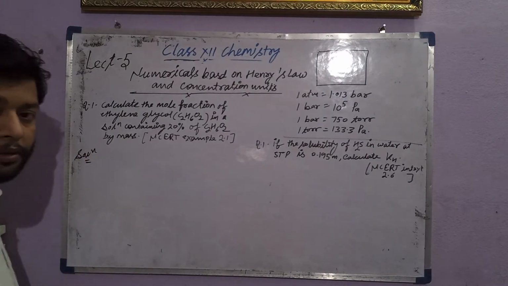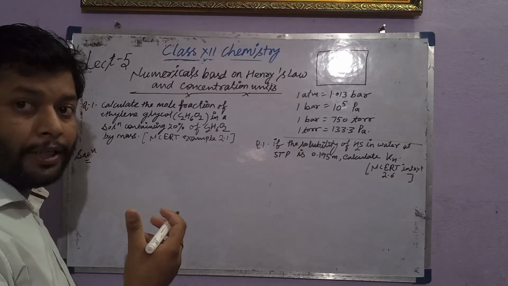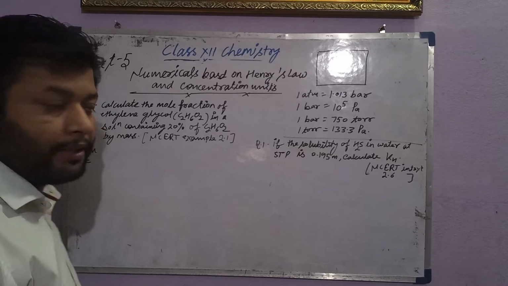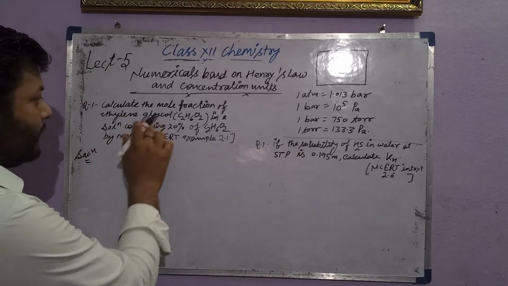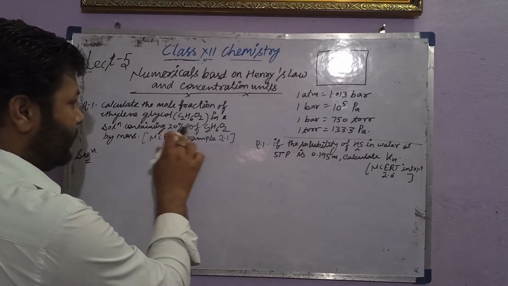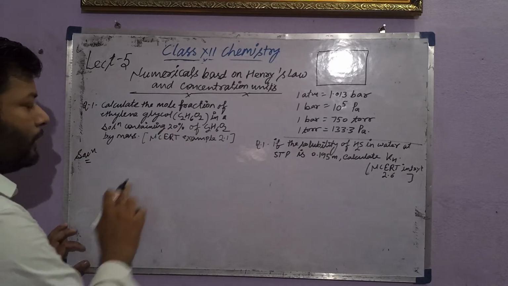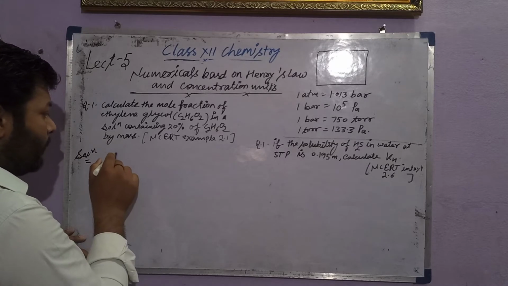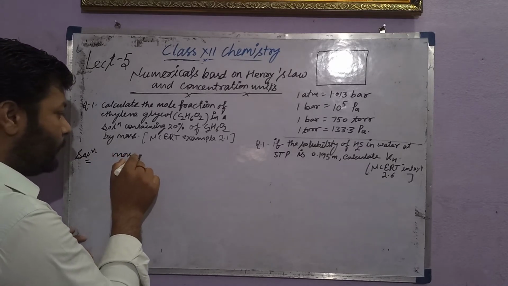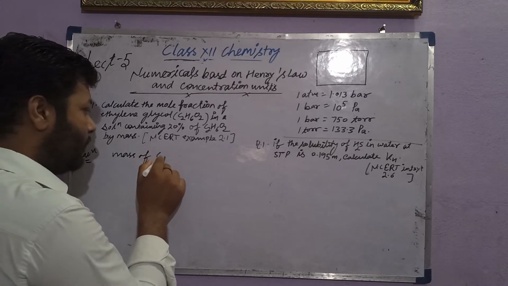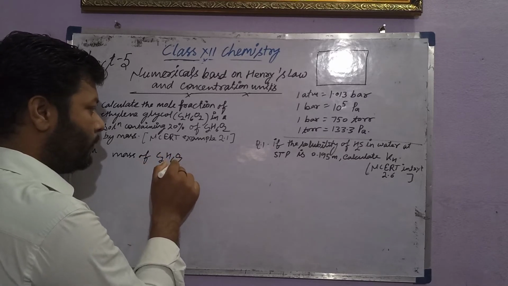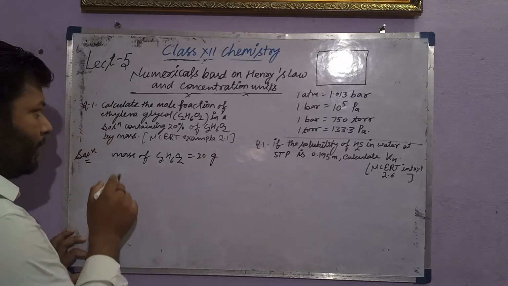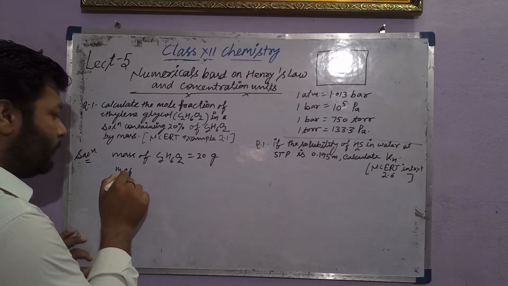First, you have to try to get the point of what is given. What things are given, you have to solve first. Ethylene glycol, the formula is given, and the mass percentage is given. 20% by mass, it means the mass of ethylene glycol will be 20 gram out of 100 gram, and mass of